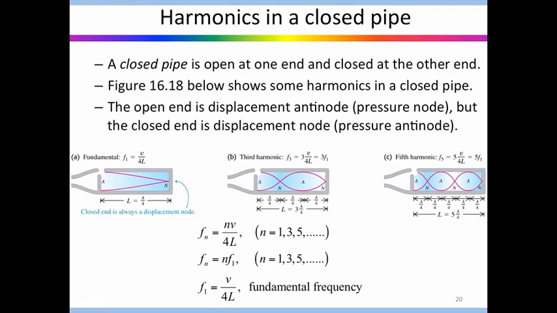We can also have a pipe that is closed at one end. Obviously, it cannot be closed at two ends, because if we close both ends, we cannot set up sound vibrations inside. But we can close one end. For example, suppose this is an organ pipe, and you close it at one end, then the other end is open. So the open end must be an antinode, but the closed end, because there can be no displacement, must be a node. So you can see that you go from maximum positive displacement to 0 over the length of the tube, and therefore the length of the tube is only 1/4 of the